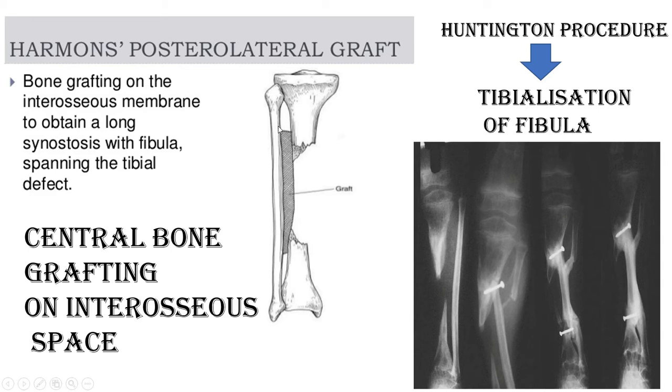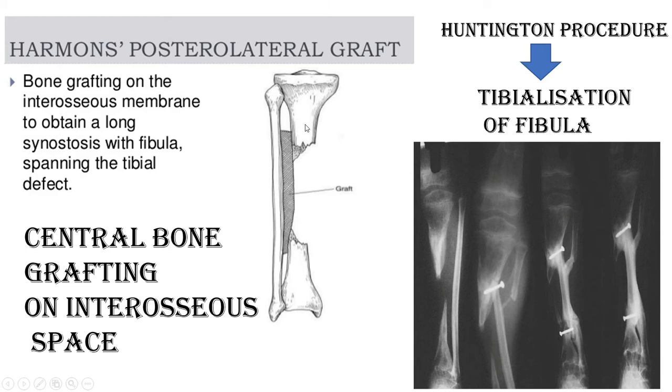Now, with the help of this fibula support, there is an interosseous membrane here. Now, if we can put bone graft through this lateral aspect, and we can lift a layer from the interosseous membrane and put the bone graft over here, it can cause a solid union. So the weight can be transmitted through this and this. This is called the Harman central bone grafting procedure, and it can cause iatrogenic synostosis of the proximal tibia fibula and distal tibia fibula. I will take a class on synostosis next day, but just use synostosis as a special type of bony fusion where both bones are present, and